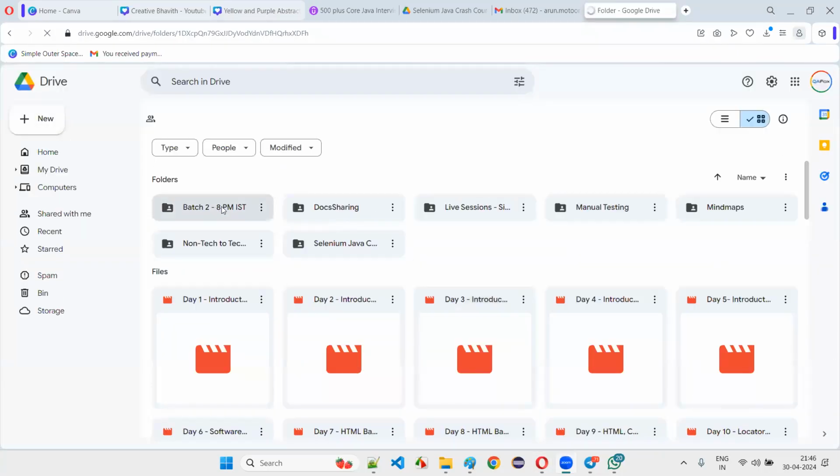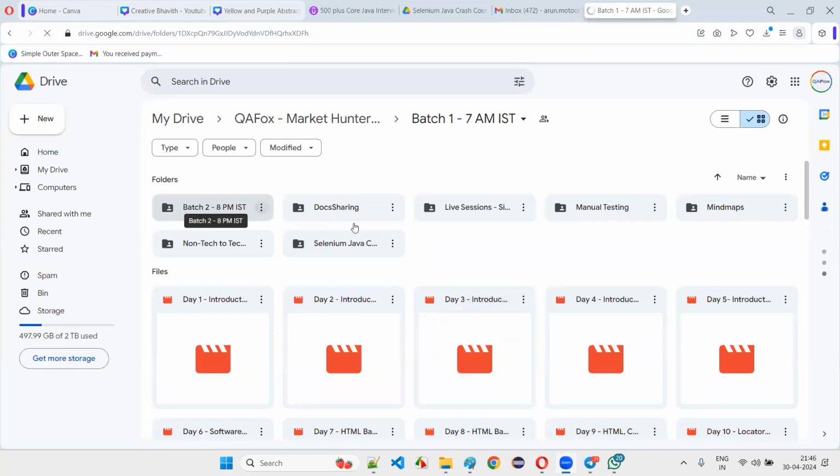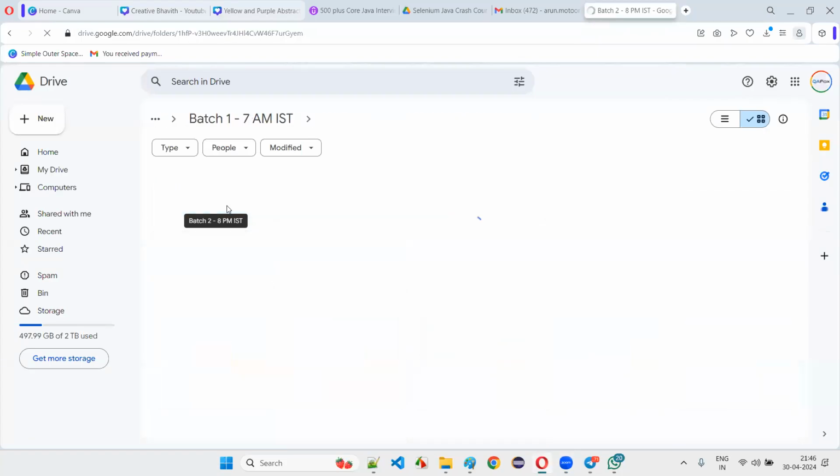But your focus is on batch 2. Go inside this folder. Remaining all are extra things for you. Just focus on batch 2 for now because you joined today itself, right? Don't go with other things. Just go to batch 2. Here the Selenium Java folder will be there. Go inside that. You already have the access for that. Once you go inside, there are some videos that I have created.